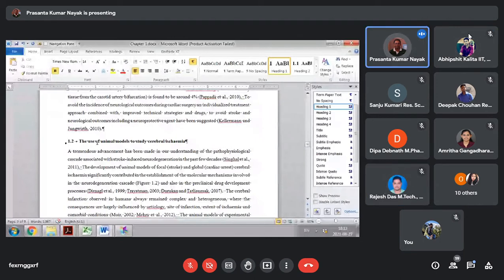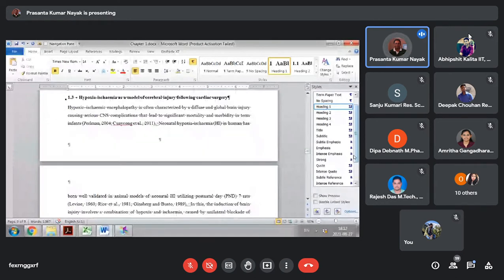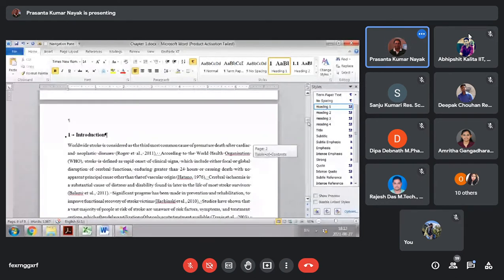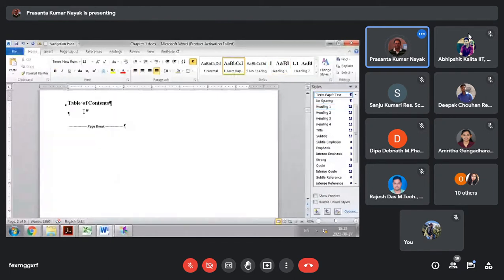Everything is done. So now we will create the table of contents. Go to the second page where we left off before, that is the heading Table of Contents. Can you see that the cursor is blinking where we kept our cursor and hit the page break? So keep your cursor before the page break and after that table of contents heading. That is the space where we are going to insert the table of contents.